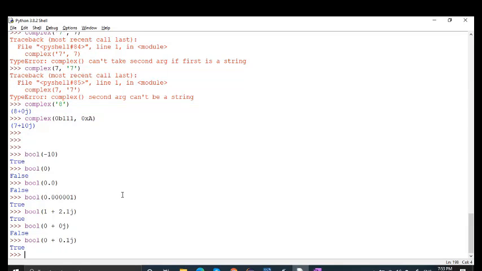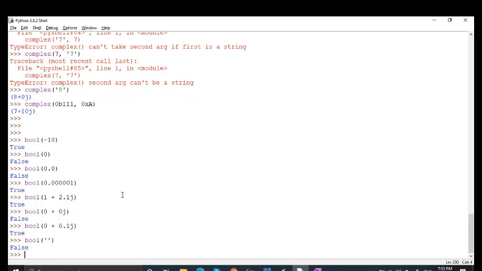For string, there is a rule: empty string is false, and in all other cases, it is true, right? I taught you all these truth values. If I write here bool and I put the empty string, it will generate false.